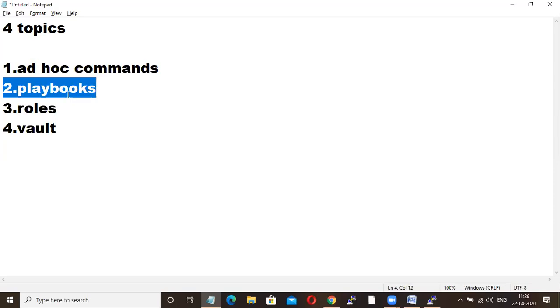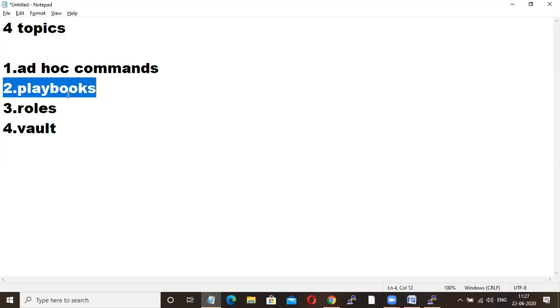So what are playbooks? As I said in the last class, suppose you want to perform multiple activities at a stretch, then you can go for playbooks. Like in a single playbook, I need to create a user, install a web server, start the web server, configure one index page, and install a database. So these are all multiple activities, right? If you want to perform multiple activities at a stage, then you can go for playbooks.